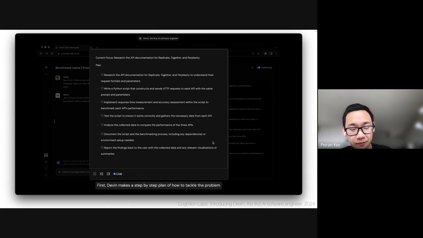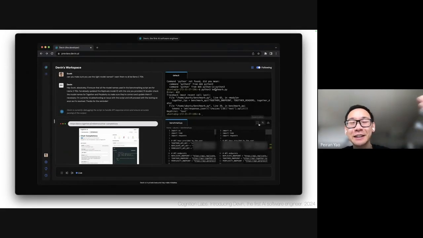It uses different tools like a planner, which lists all the to-dos, a shell that executes commands, a code editor that writes code and makes changes, a browser that searches documents for the API calls,